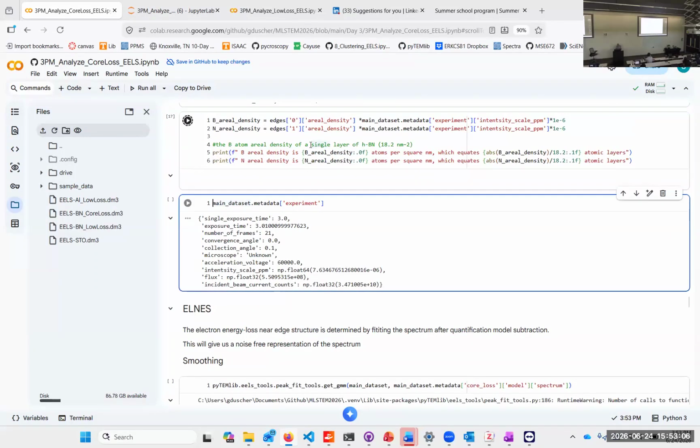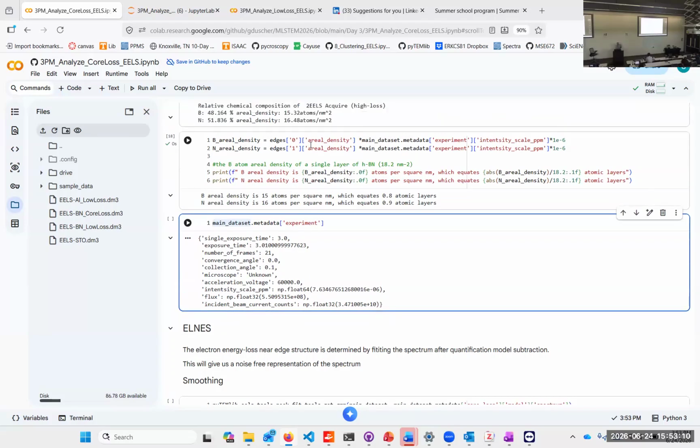And since we know that there should be about 18 there, we have 0.9 or 0.8. So we have a 1 nanometer boron nitride layer here that we quantified unambiguously. We have 3, 4, and 5 boron nitride layers when we had that in the sample, and you can actually